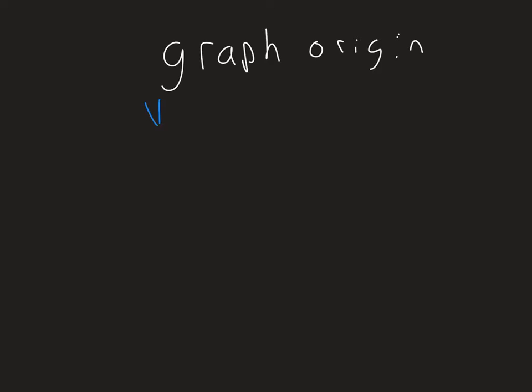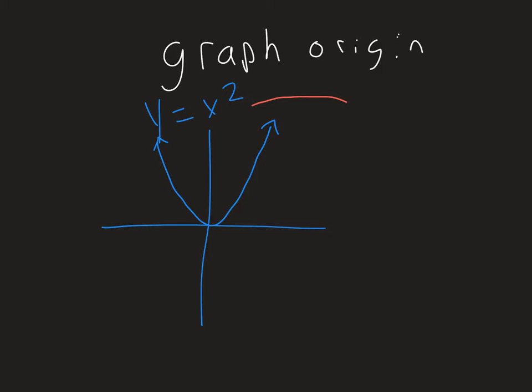So if we think about y equals x squared, it's a parabola, goes to the origin. That would be the minimum, and it keeps this nice parabolic shape here. Very symmetric. Now, if we think about what the inverse of this would be, logic would dictate the inverse of this function would be y equals the square root of x. Now, if we reflect this over the y equals x line, we'll have this kind of shape